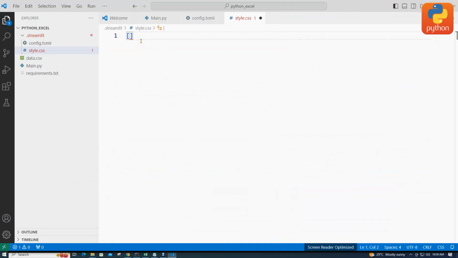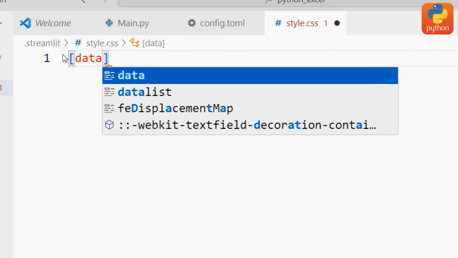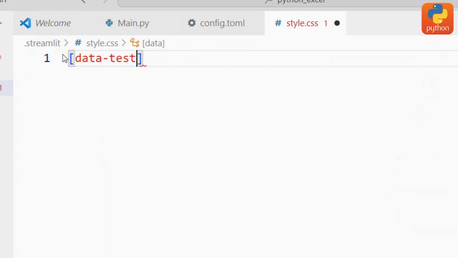Now just write here data test id equal to metric